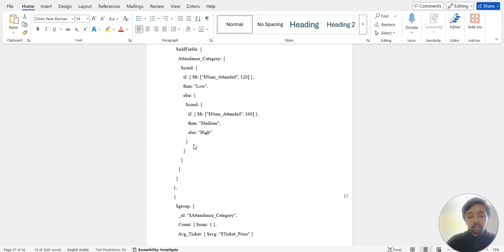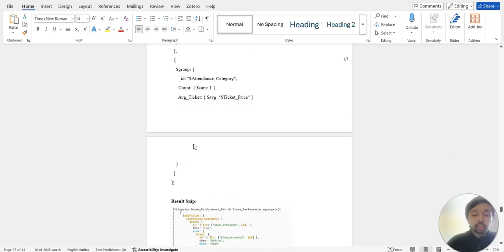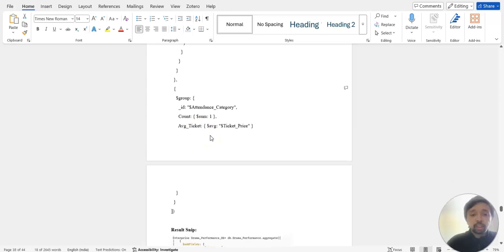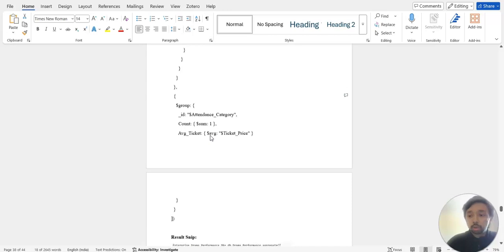Then coming to the average ticket, the average AVG operator, we get the average ticket price for each category. Thus we have come to the end of this query part, and we can go with the execution of this query in the Mongo shell environment.